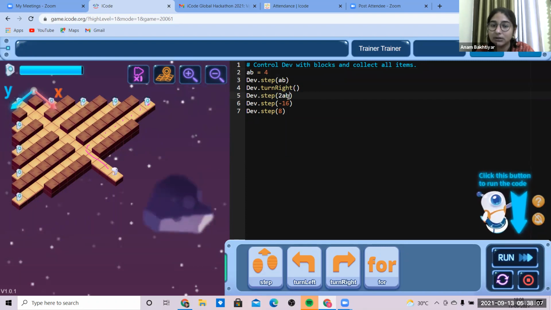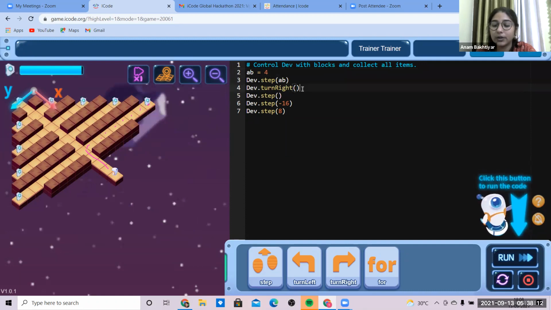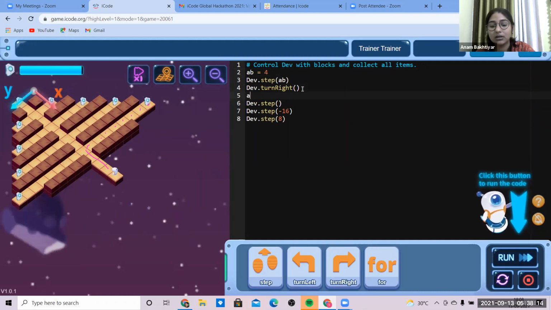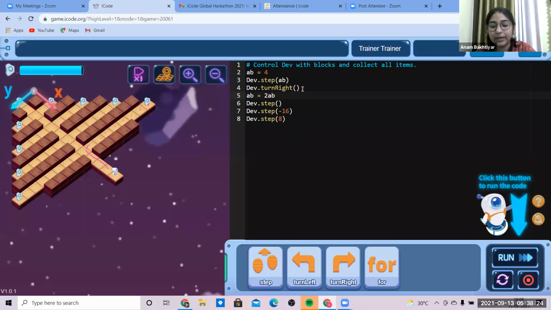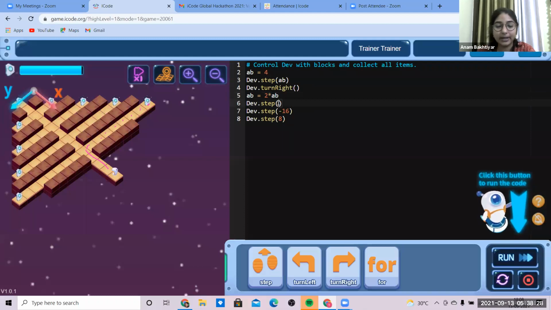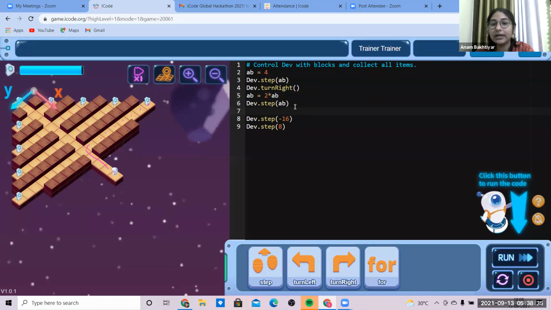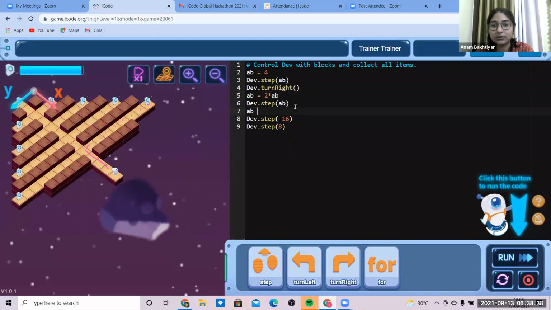You can go for AB equals 2 times AB again, or 2 into AB. Now you can set AB equals 2 times AB again.